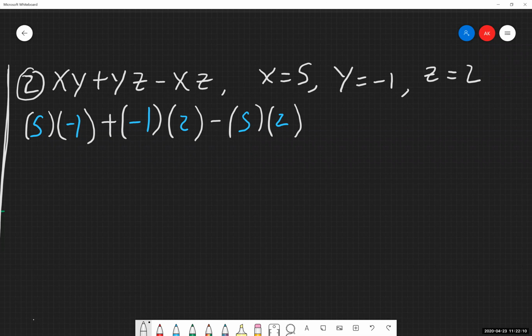So again, when you're going through and substituting this in, okay, all of my x's should be 5s. Okay, so I have an x here and here. There's a 5, there's a 5. Okay, good. Check my y's. Got a y here and a y here. That should be -1 and -1. Okay, good there. Check the z's. Got a z here and here. That's a 2 and that's a 2. Okay, I'm good. I have everything substituted in correctly. Now I can go through and I can just use PEMDAS to solve the rest of this out.